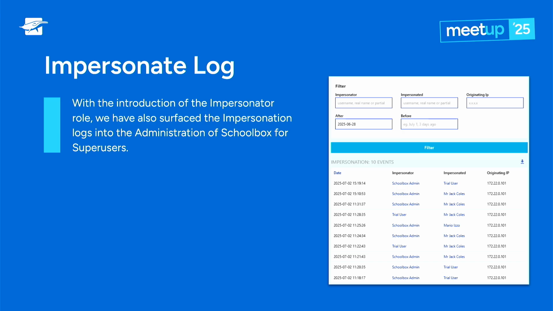That's my question. So if you're using impersonate, which is this thing here, that's what this log here is showing you: the person on the left-hand side impersonated the other. I wish I could zoom in, sorry. If you're using linked accounts, it's a little bit different. So for an impersonate, the log will tell you, I am the Schoolbox admin, and I'm now impersonating the trial user. And this log exists in the administration area. That's been there for a while now, and that will tell you who it is that's impersonated the other people.